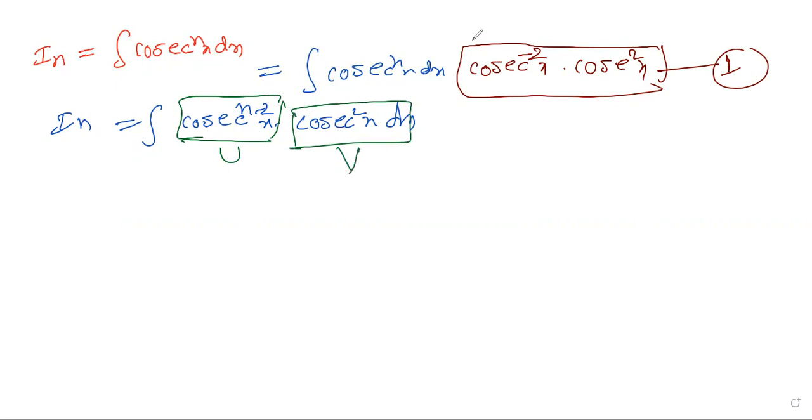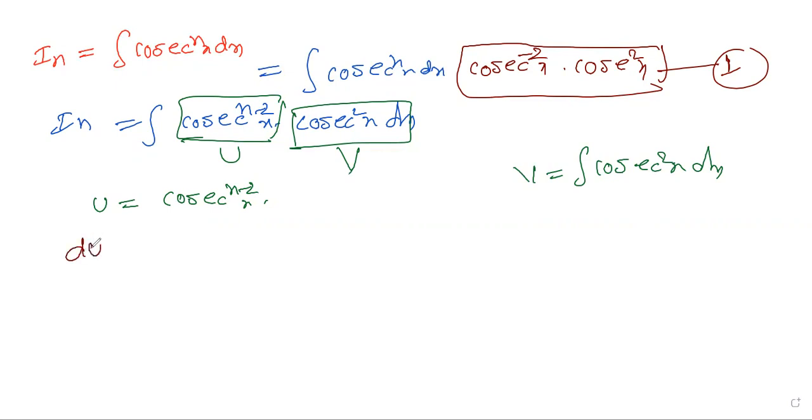So let us go for the analysis as we did previously. U is equal to cosecant power n minus 2 x. Then V is equal to the integration of cosecant square x dx. The U analysis according to ILATE I already discussed in the previous classes, so you can look into that. The starting stage of UV was already clearly discussed. Now what we have to do? Find du, because U is given.